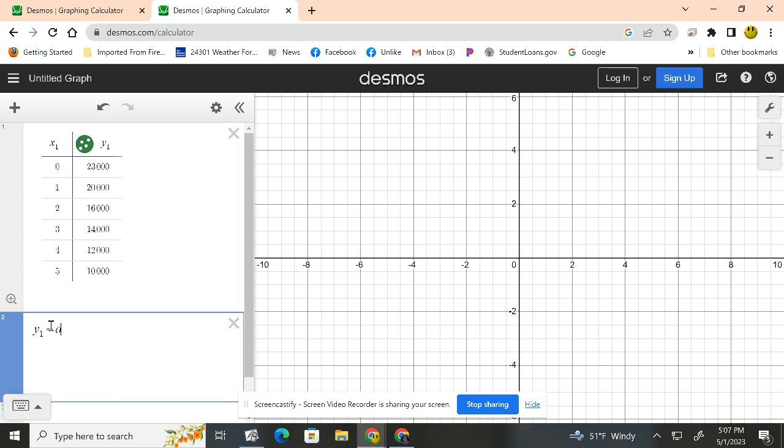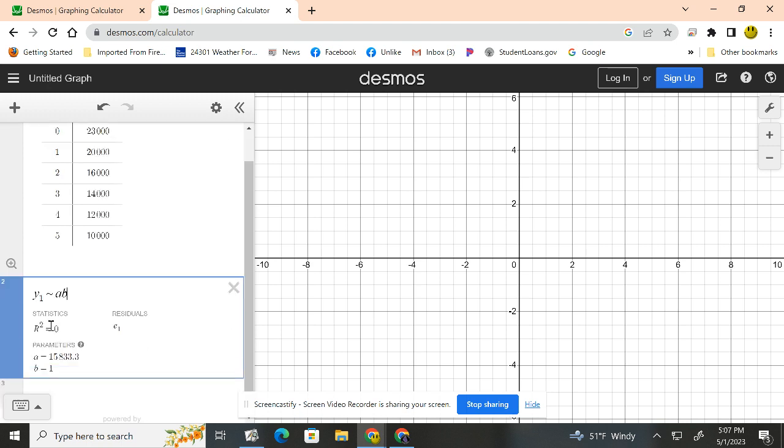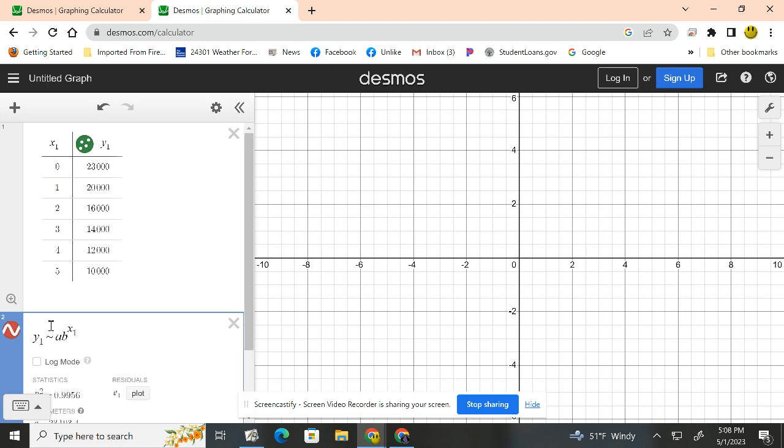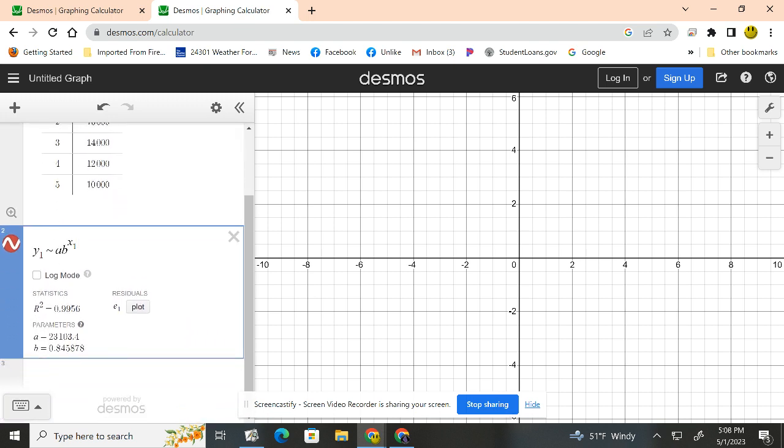Now you and I have a times b raised to the x. So I then am going to do caret, so I hit shift and then the 6 key. I'm going to do to the x, and I need to do sub 1. So I'm telling it to look at my points, the x sub 1 and the y sub 1. Now, if we look at this, it gives me the a value. So y is going to equal